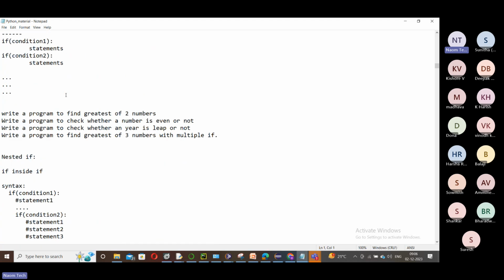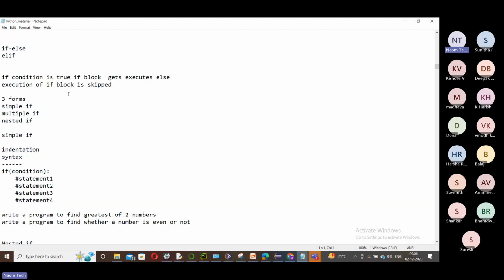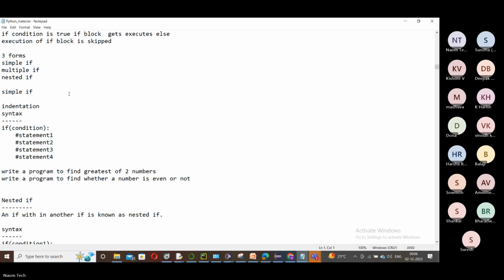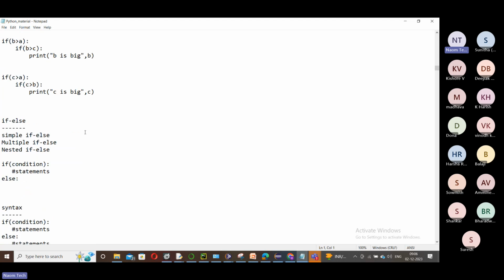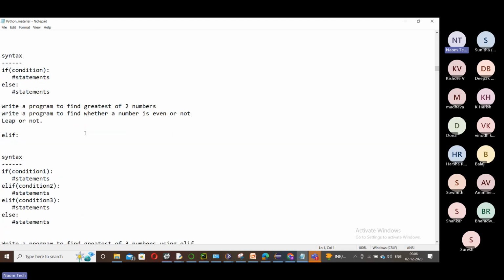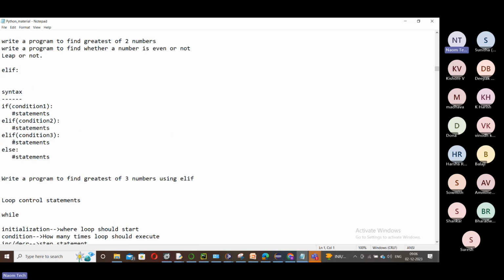Then we had a clear discussion about indentation. I hope this is fine for all of you. And then we discussed the elif ladder as well. I think till this we had discussed in the last session.